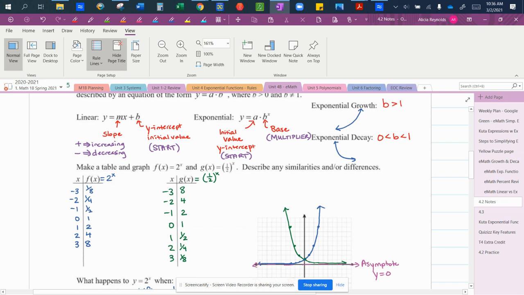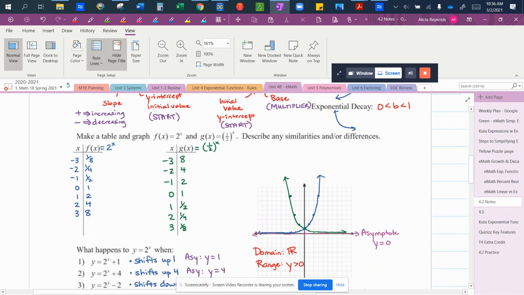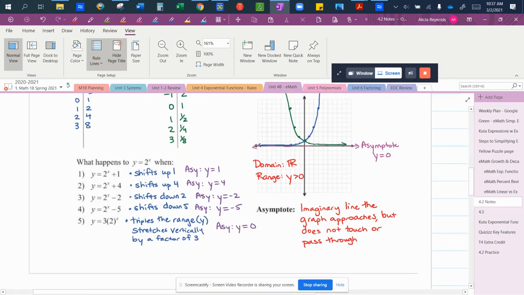So for instance, in the blue example, we have f of x equals 2^x. 2 is not the y-intercept. 2 is the multiplier because it's the base of my exponent. Does that make sense? All right. So if we start thinking about the graph, what happens when I add or subtract whole numbers, or what happens